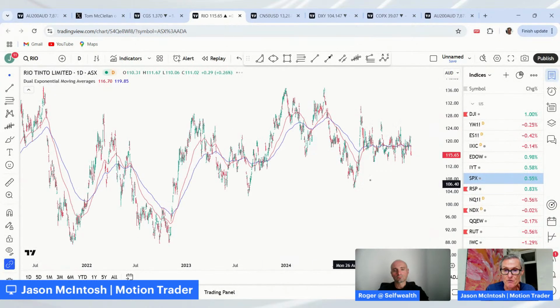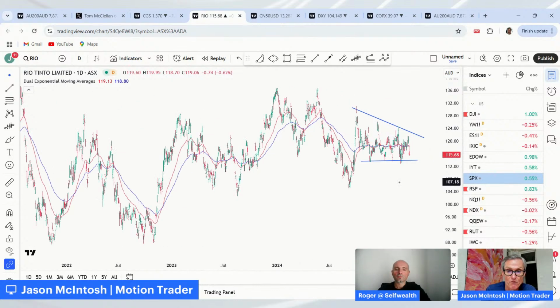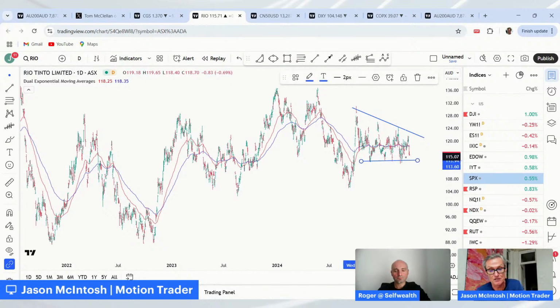And it's going to be the same with Rio. Rio looks stronger than BHP. Look at the moving averages; they're just going absolutely flat sideways, and you can see this trading range that it's in. I'm just loosely drawing these, not lining them up properly, but you can see this compressed trading range. Which way is it going to break out of this range? I think whichever way it breaks, probably keep an eye on the February low and the February high, and whichever one of these breaks first probably gives us an insight to the next round of momentum.